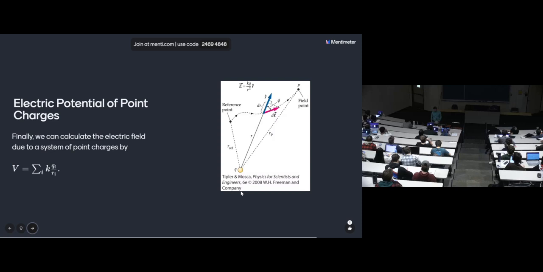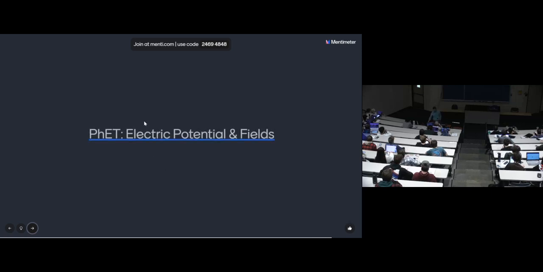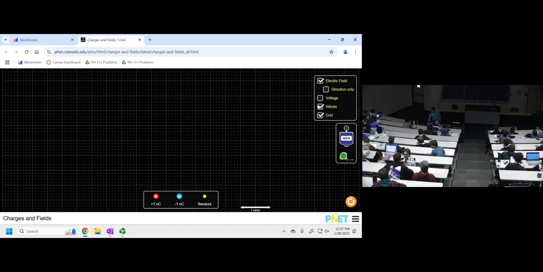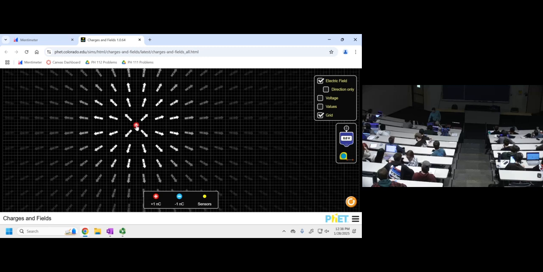The net potential is going to be the sum of the individual potentials due to a system of point charges. And you can see that if you want to click this on your own device. I know we've only got 3 minutes left, or if you want to just follow along on the screen, that link just takes you right back to the same thing that we had before, where I could drop, say, a positive charge right here and a positive charge right here,